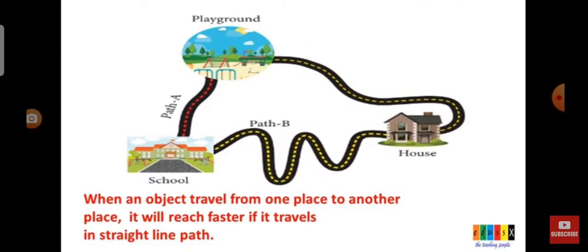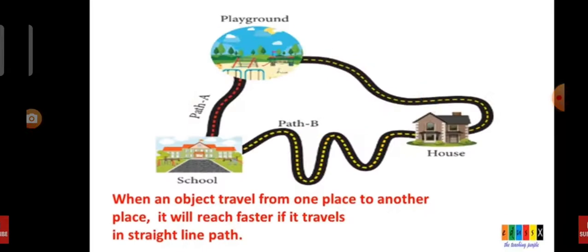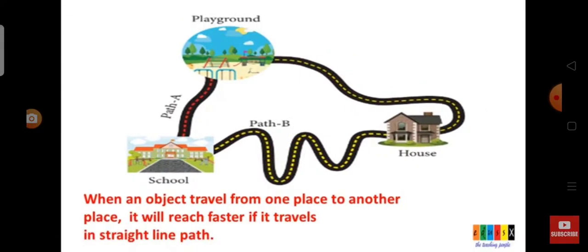Now you see this picture. This picture explains Uma and Priya are friends. Both are friends. They were studying in the same school. After the school hours, they go to the nearby playground that is given in the picture and play games and return back to home. One day, Uma told that she would reach the playground after visiting her grandmother's house. The path they took to reach the playground is shown here.